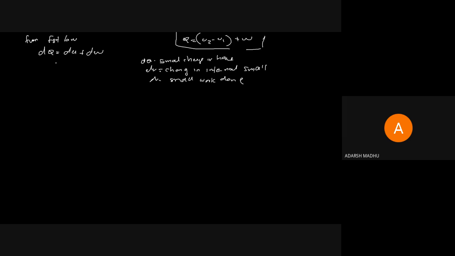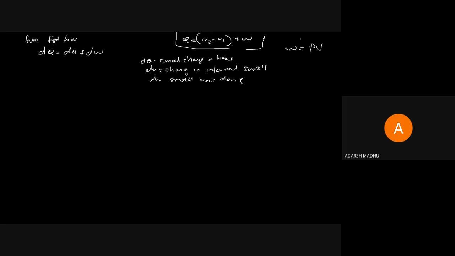So we know that the small work done dw is equal to PdV work, which we studied in the first module. When the process happens from state 1 to 2, we can relate the equation for work to PdV work.